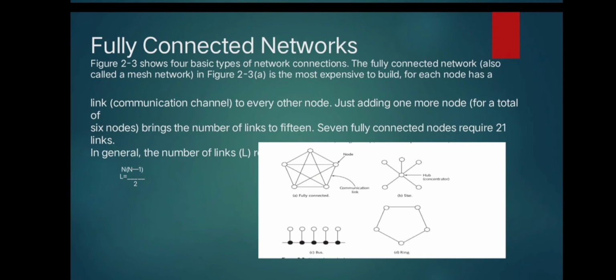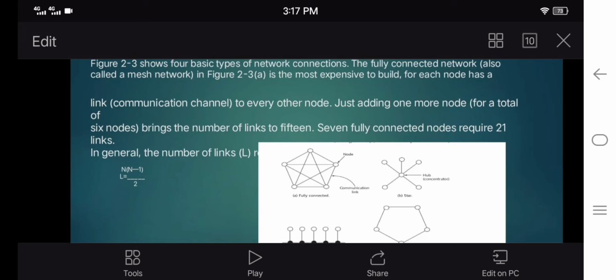Next, fully connected networks. Figure 2.3 shows 4 basic types of network connection. The fully connected network, also called a mesh network, in Figure 2.3a, is the most expensive to build, for each node has a communications link channel to every other node. Just adding one more node, for a total of 6 nodes, brings the number of links to 15. With 7 fully connected nodes, there are 21 links. In general, the number of links